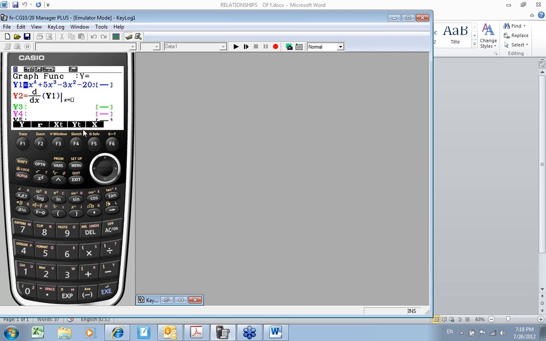So I'm just going to leave it blank. Remember, I have to press execute. It turns everything red. And then I'm going to hit draw.